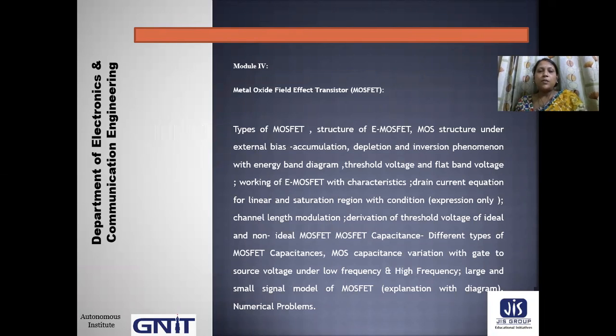So Module 4 consists of metal oxide field effect transistor, types of MOSFET, structure of MOSFET, MOS structure under external bias accumulation, depletion, inversion phenomena with energy band diagram, threshold voltage and flat band voltage, working of MOSFET with characteristics, drain current equation for linear and saturation region, derivation of threshold voltage of ideal and non-ideal MOSFET, MOSFET capacitance, different types of MOSFET capacitance, MOS capacitance variation with gate to source voltage under low frequency and high frequency, large and small signal model of MOSFET, explanation with diagram,